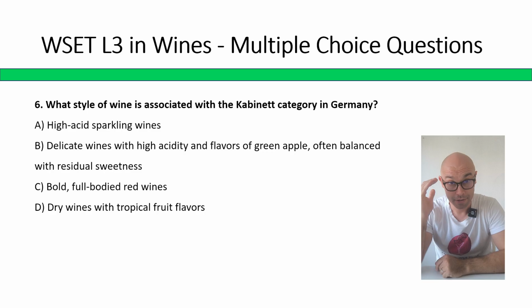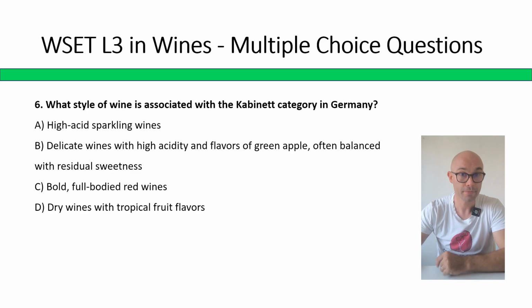So Kabinett is the first category, which indicates that these wines are always going to be more on a fresher style regarding the fruit ripeness than Spätlese or Auslese, especially Beerenauslese and Trockenbeerenauslese. So the correct answer is B, delicate wines with high acidity and flavors of green apple, often balanced with residual sugar. They don't have to have residual sugar, but